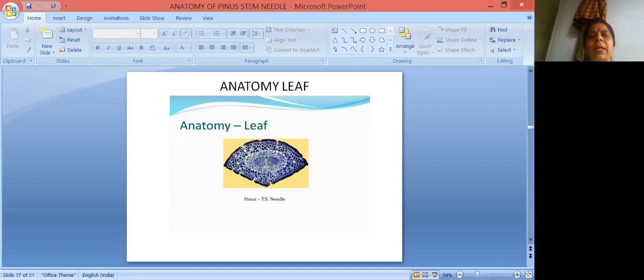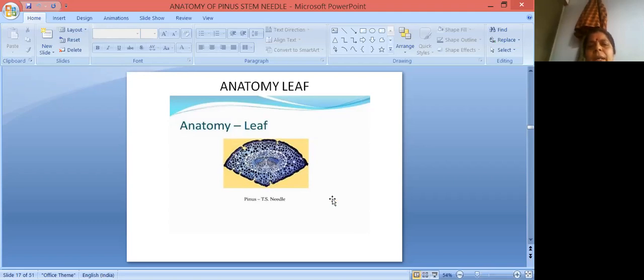The stomata are more in number in the lower epidermis than the upper epidermis. Sunken stomata are deeply placed stomata. Each stoma opens internally into a substomatal cavity and externally into an outer cavity or vestibule. Look at this: this is a sunken stoma, deeply placed. So the sun rays do not directly enter the stomatal cavity. The substomatal cavity is the internal one, then the epistomatal cavity, and two guard cells enclose the stomatal cavity.